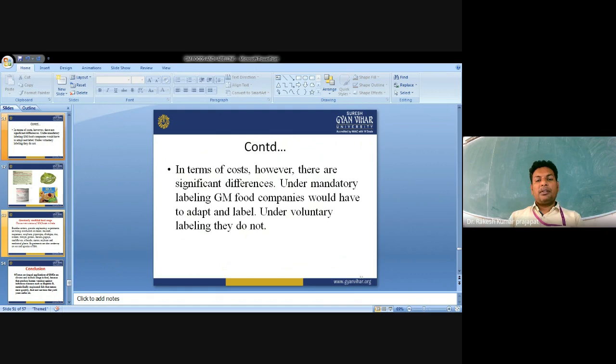Auditing must be done from the very beginning of the food production system, starting with the seed companies and following through to the farmers, then companies, the food processors, distributors, and marketers. The huge cost is associated not with putting a label on, but with keeping it off. A non-GM food producer must document every step of the processing, going back not to the farmer, but to the seed supplier.